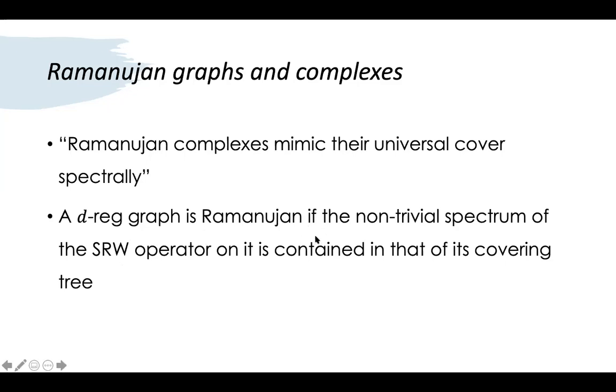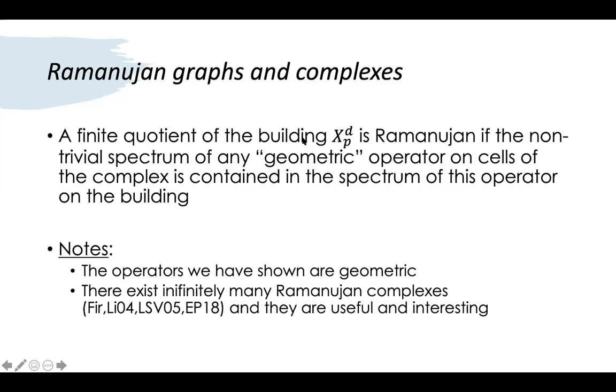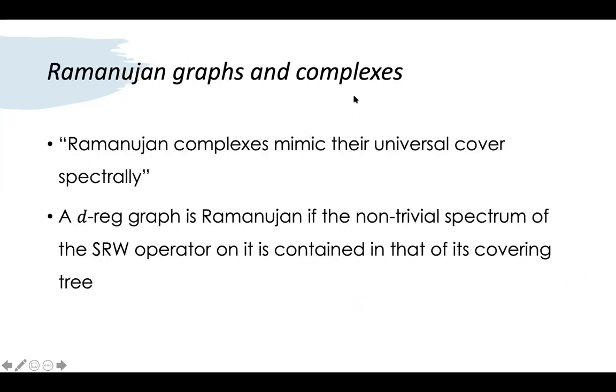If the non-trivial part, the things that are not d or minus d, are contained in the spectrum of the universal cover, the tree, we call it Ramanujan. So this just means, in other words, that the absolute value of the spectrum